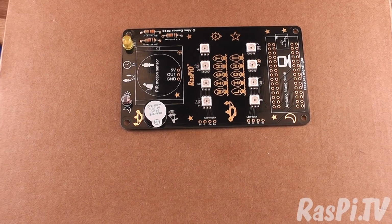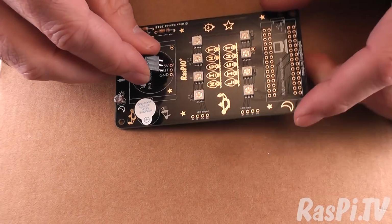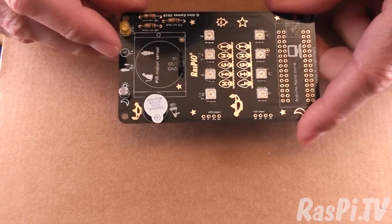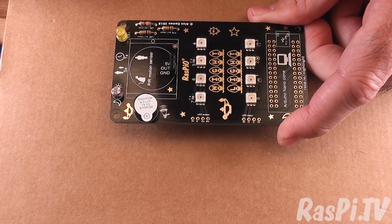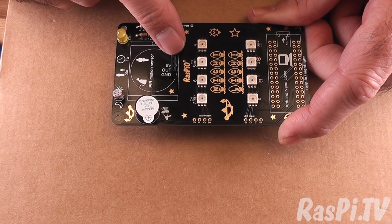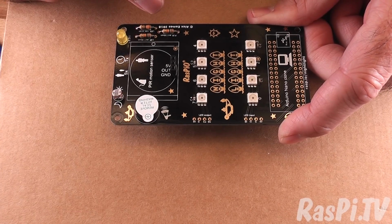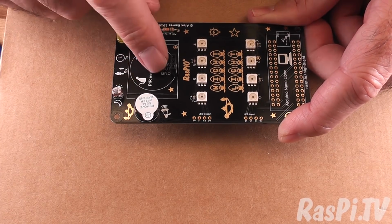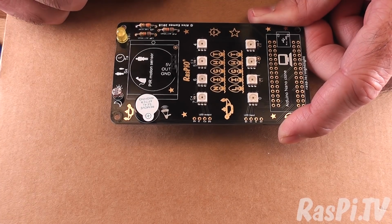Okay, we're motoring. What's next? The header. This three-way female header goes here, doesn't matter which way round, but what does matter is that it's pointing nicely perpendicular, because this is what gives your infrared motion sensor its alignment. So it needs to align with the hole in the case, and if you had it like that, it wouldn't work very well. It needs to be nicely